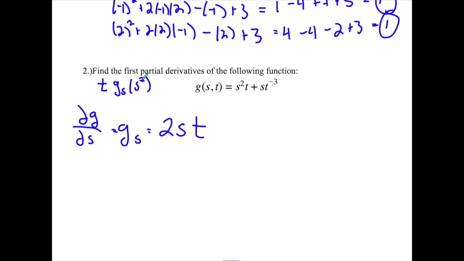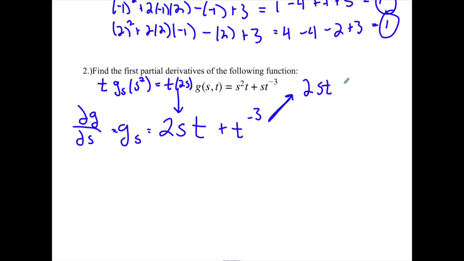So it's 2s times t. You're just rearranging. Here, the derivative of s with respect to itself is 1. And then the t cubed would similarly be removed, so you get something like this. If you want to simplify it, you can. If you leave it like this, I'm not going to be very picky here. Or you could alternately write it as